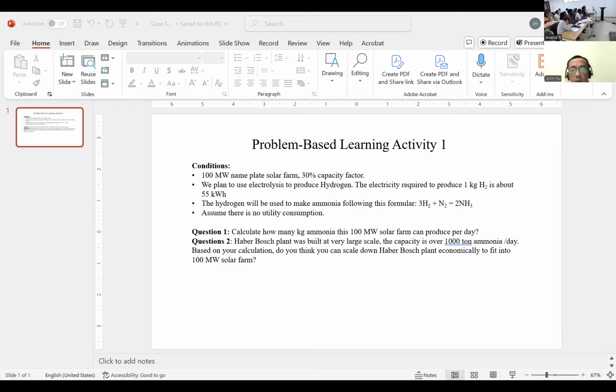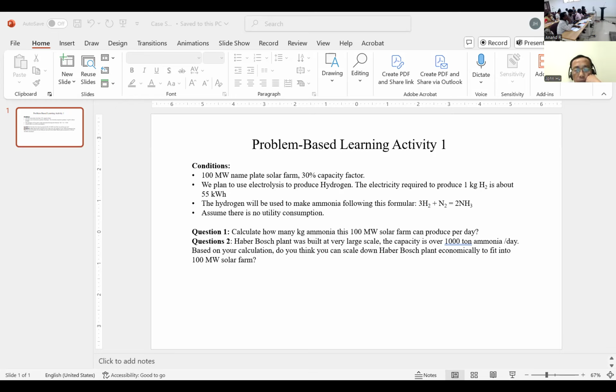So can you just tell us how you came up with it? It should be very simple. Just tell me the breakdown, how you did the calculation. Okay, go ahead. Initially, I started from the nameplate of the solar farm. To the nameplate I applied the capacity factor. Capacity factor is actual generation divided by nameplate power. So actual power output is calculated by multiplying nameplate power with the capacity factor. So I obtained